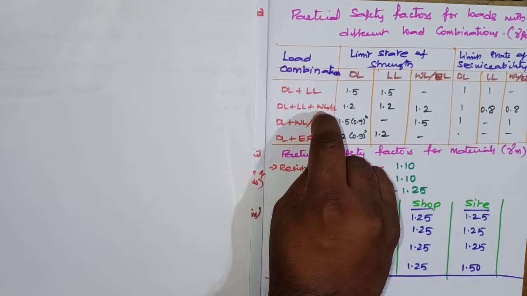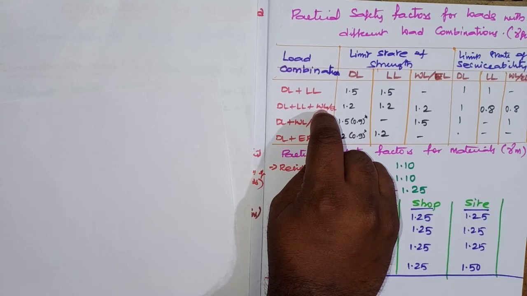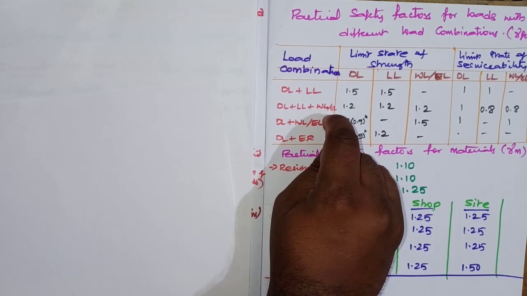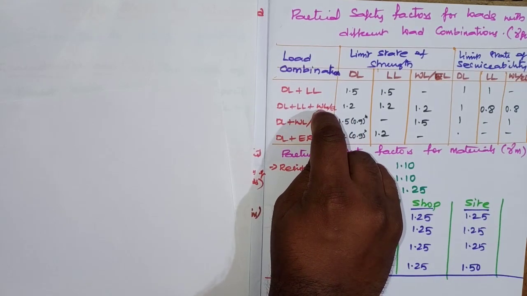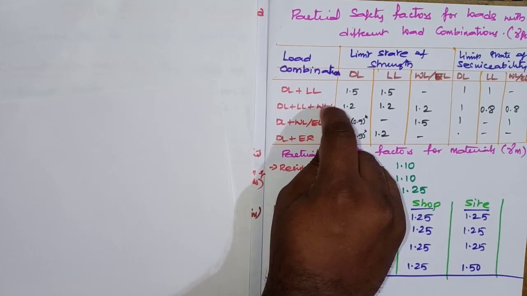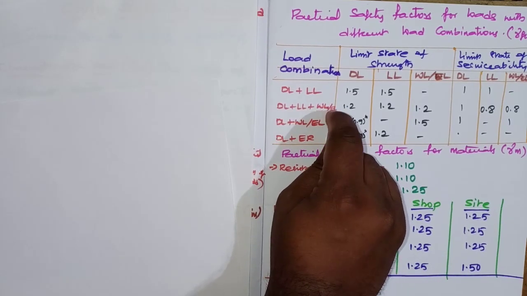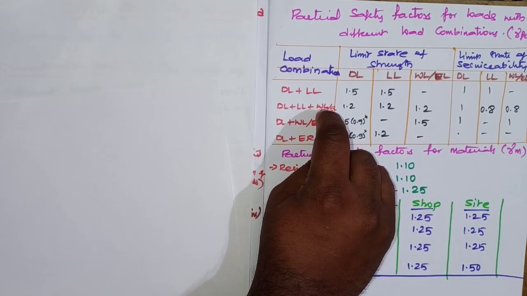Earthquake load means, suppose on a structure we are supposed to design, we take the wind load as per the zone, and the earthquake load based upon the previous history of the intensity or magnitude of that particular area. So based upon that, the higher of these two values is supposed to be considered here. Why am I taking the higher of these two values? Because both will be acting in the horizontal direction on the structure. For that reason we will be taking it.